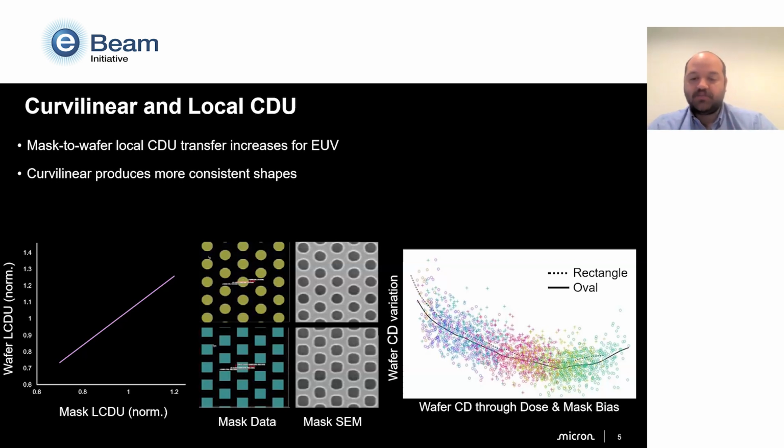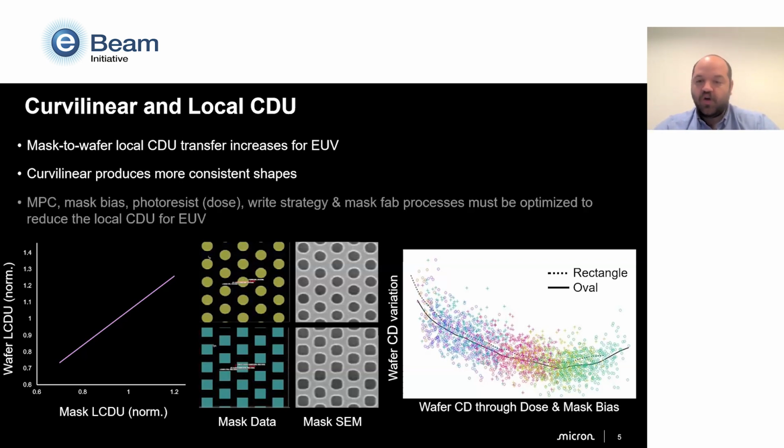So we need mask process improvements to reduce local CD variation, and curvilinear is a way to do that, but it comes with additional challenges, such as improved resolution, linearity effects on curvilinear features, corner rounding, and dealing with feature-to-feature imbalance. The key message is that to improve local CDU, we must work harder to optimize the EUV mask process and spend time innovating on what was needed compared to optical masks. So that's a lot of the motivating background